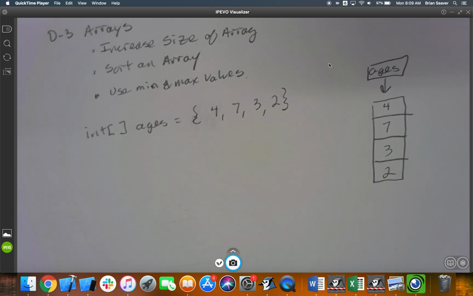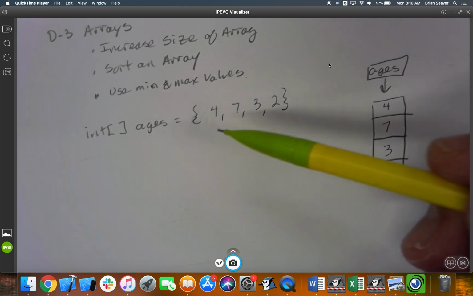Day 3 of arrays, we're going to talk about how to increase the size of an array, sort an array, and use the min and max values that are available to you. All right, we have an int array called ages that's already set up using an initializer